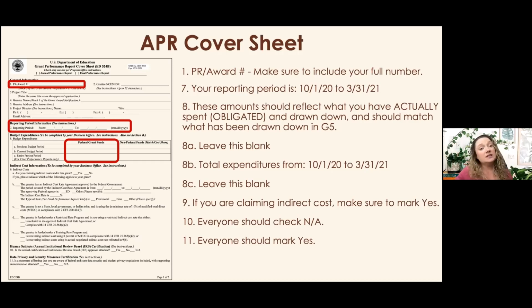But it makes it really easy for you when you need to report or keep track of finances for your grant, because you can easily just pop into G5 and see that information. If you don't have that view-only access and you would like it, feel free to reach out to the OIETA team and we can walk you through the steps you would need to go through to get that.